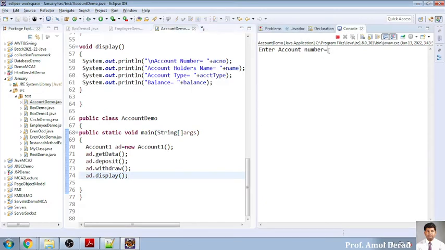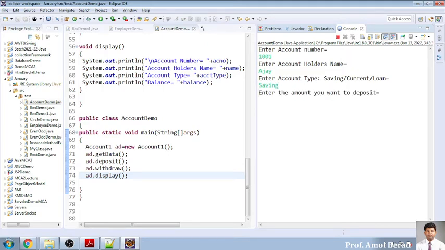So account number 1001. Holder name suppose Ajay I'm putting. Saving account I'm saying saving account is there. So कितना अमाउंट डालना है, so I'm entering 5,000 rupees. तो 5,000 रुपीज़ मैंने डाल दिया खाता खोलने के लिए.